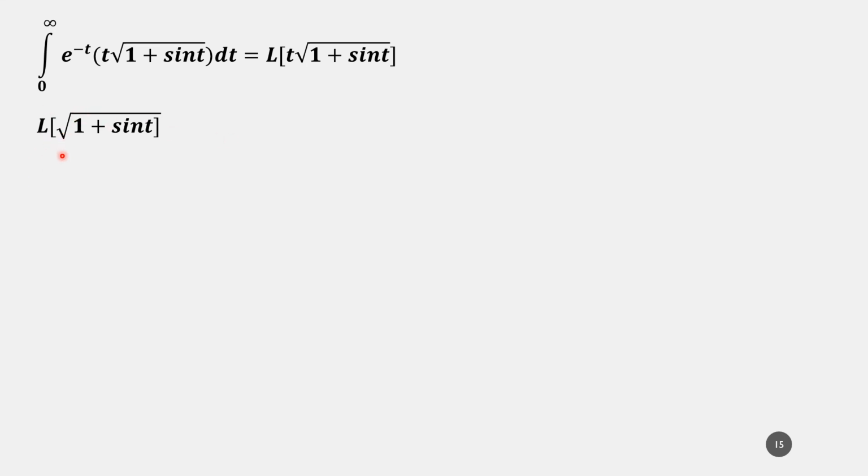This square root can be removed only when we have the function inside the root as a whole square. How to get a square term? We know that a plus b the whole square is equal to a square plus 2ab plus b square. So we have 3 terms. If you have 3 terms, then we can write that as a plus b the whole square. But here we are having only 2 terms. So how to get 3 terms?